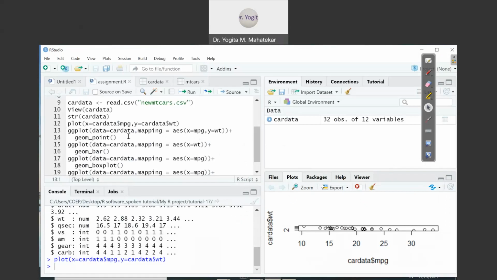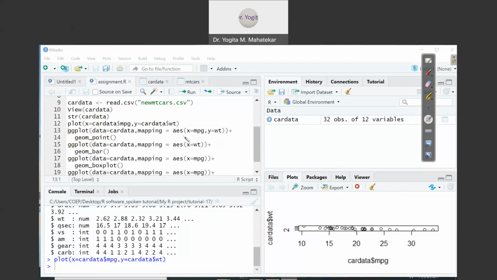So we will say ggplot instead of just plot, and then geom underscore point. Can you see this geom underscore point? It will give you the point form of those scatter plots appearing in the two-dimensional plane.